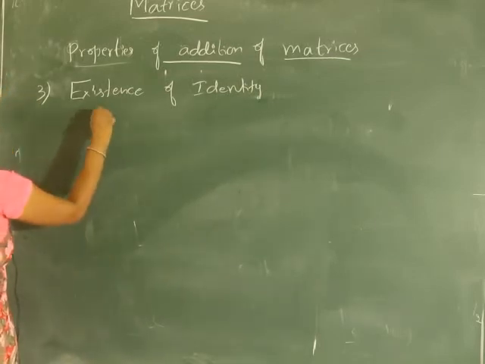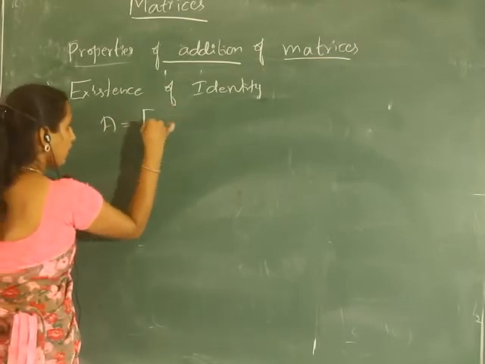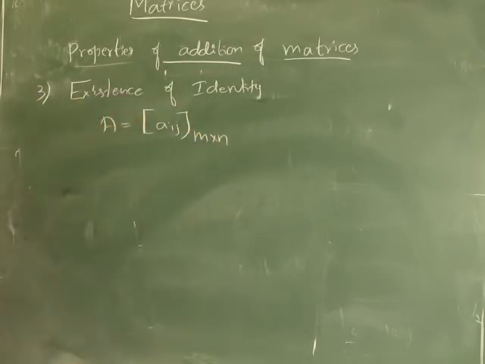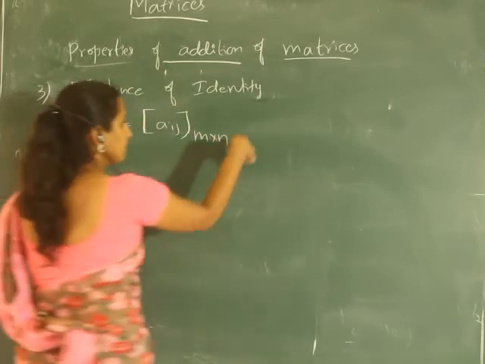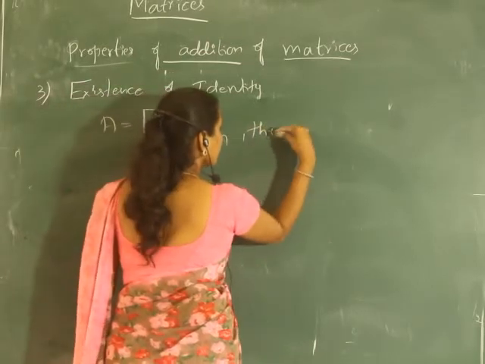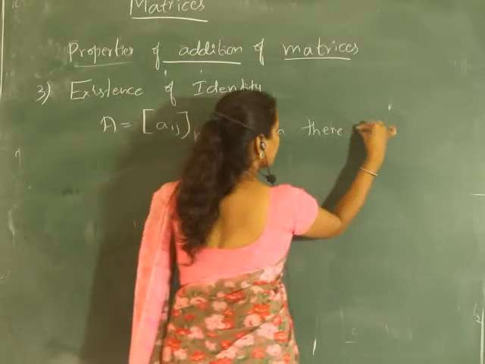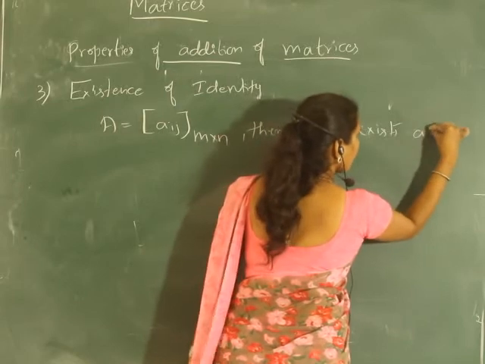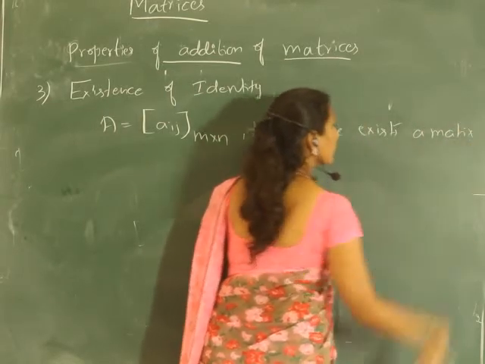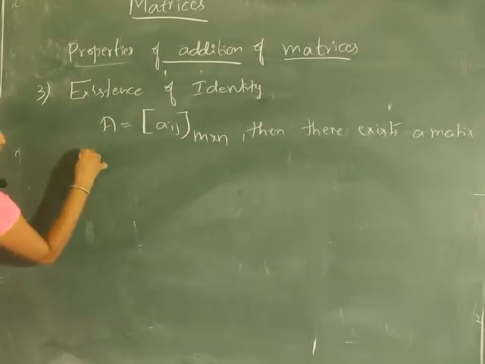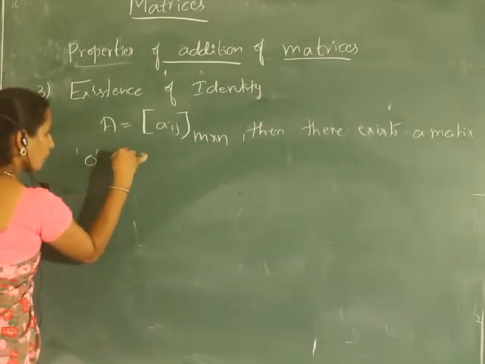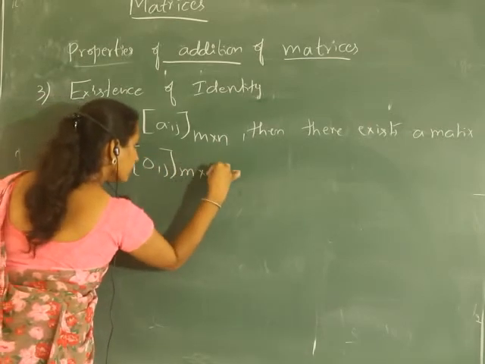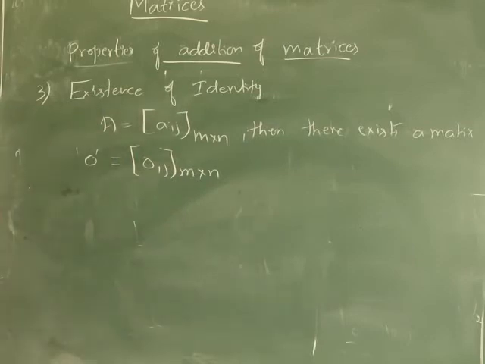So if A is a matrix of any order, say m by n, then there exists a matrix, a zero matrix Oij of the same order,